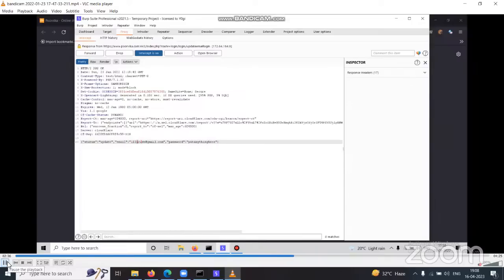So I have given the email, and for the password we don't need to give any password. You can put whatever we want here. Even a random password, we don't need anything. So we can click on forward,